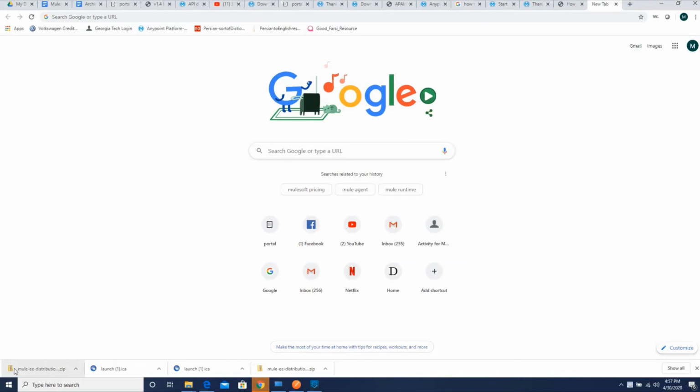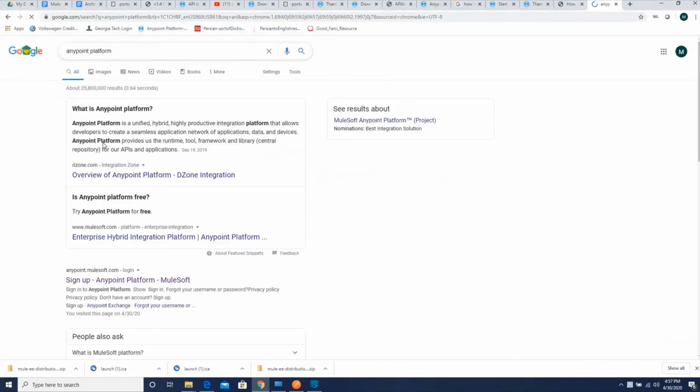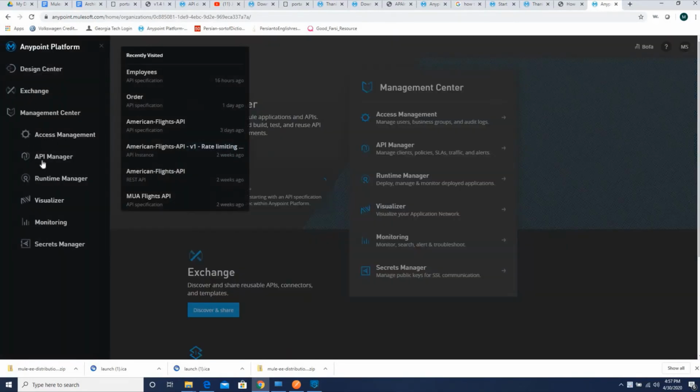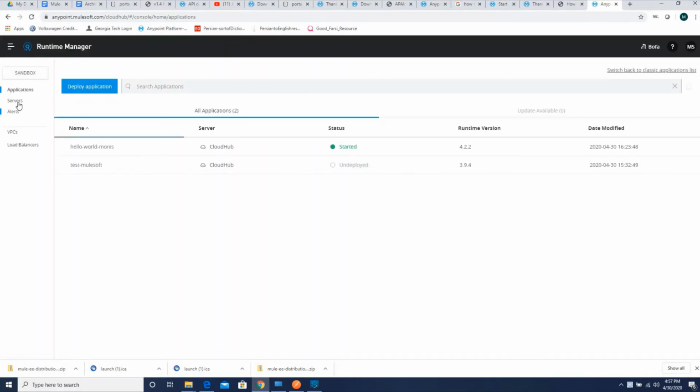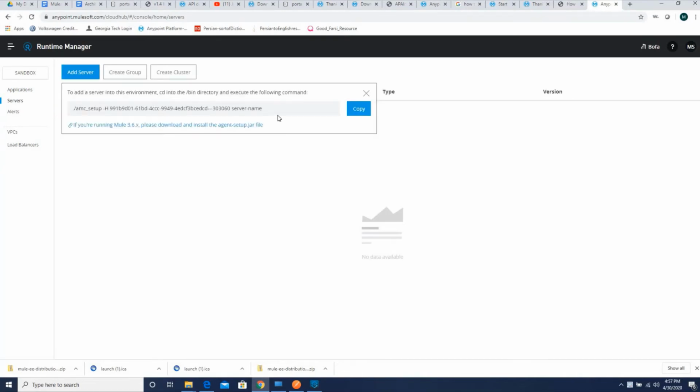In this video, we will discuss how can we connect our standalone runtime with Anypoint Runtime Manager. So first of all, we need to go to Anypoint platform, and in this Anypoint platform, we need to go to Runtime Manager. In this Runtime Manager, you see the name server. Click on Add Server. Copy this command